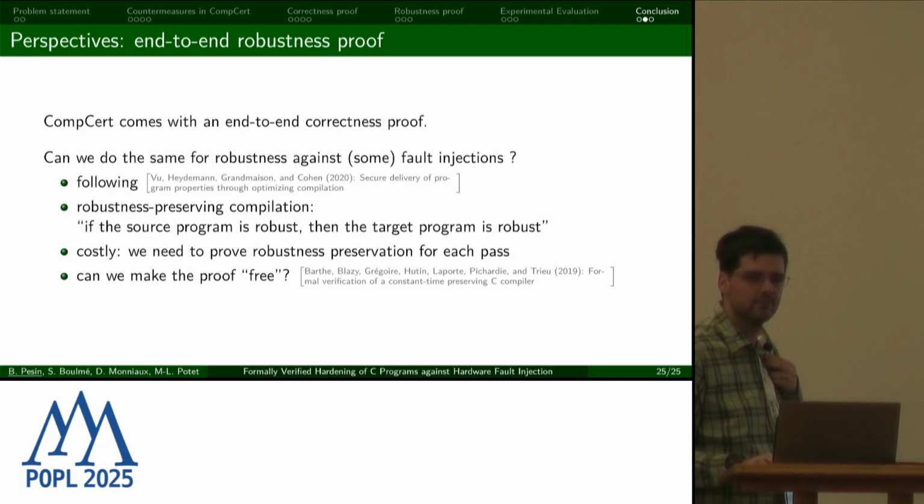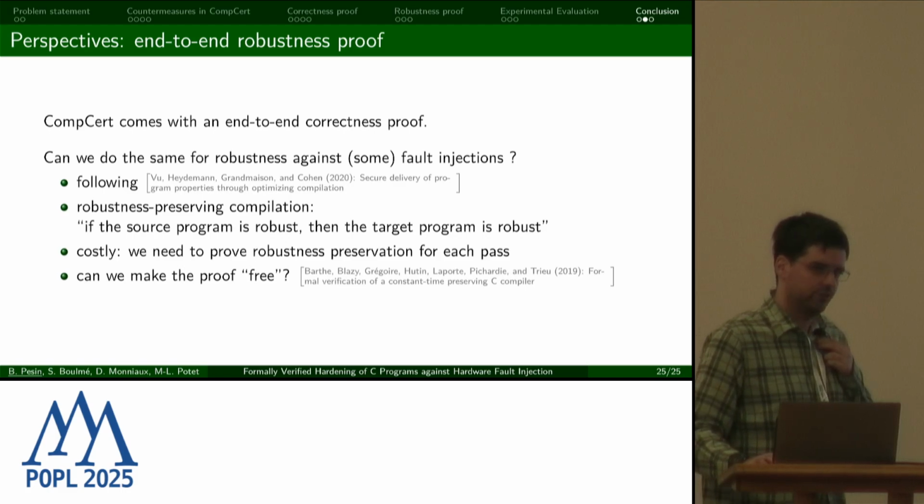I would also have a question regarding robustness preserving compilation. Did you prove that for your own transformation, you can iteratively apply it? You say if you apply it once, then you have a fault tolerance of at least 1 fault injection, and if I apply it another time, then I just add 1 more.